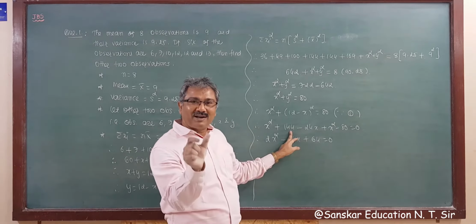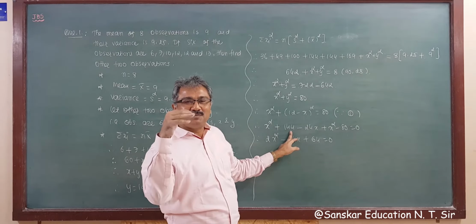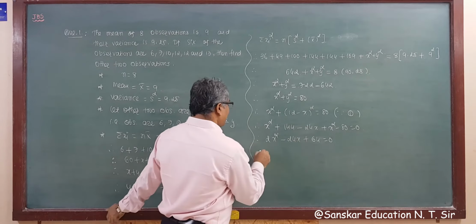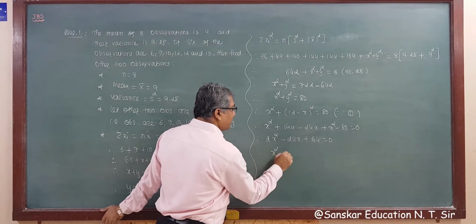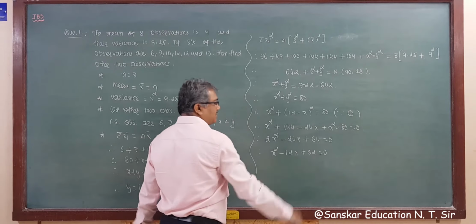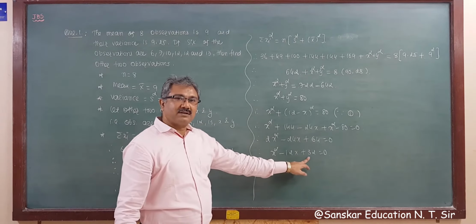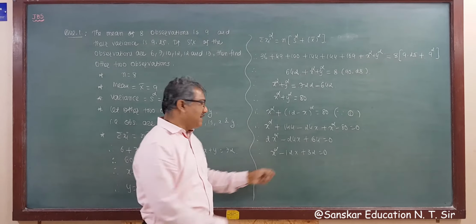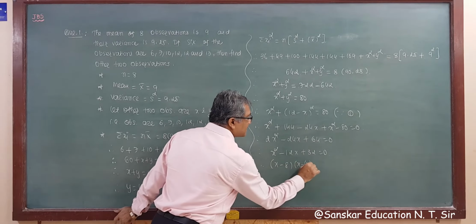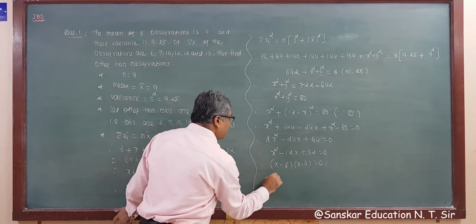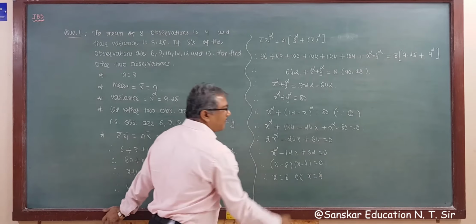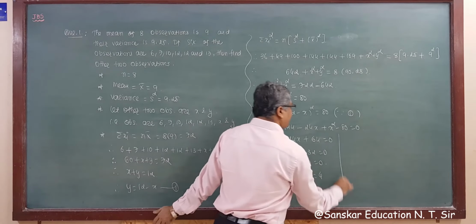You have to subtract, add or multiply on the basis of 0 or 100, 10, 20 like that. Okay. So taking 2 common, x square minus 12x plus 32 is equal to 0. 8 4s are 32. So 8 plus 4, 12. So your factors are (x minus 8)(x minus 4) equal to 0. That is x is equal to 8 or x is equal to 4. Right? So from 1,